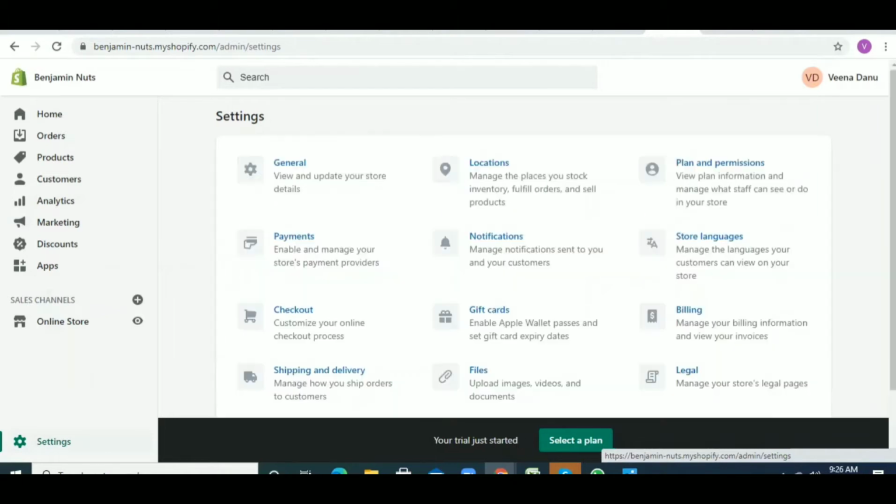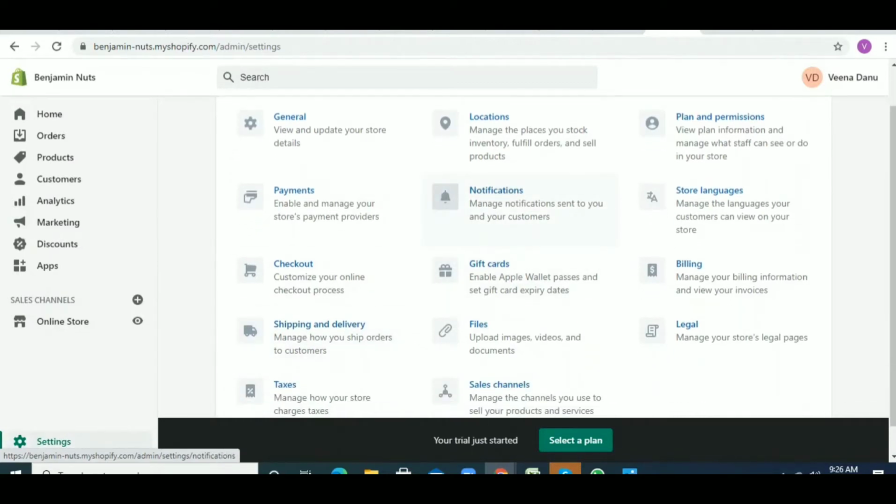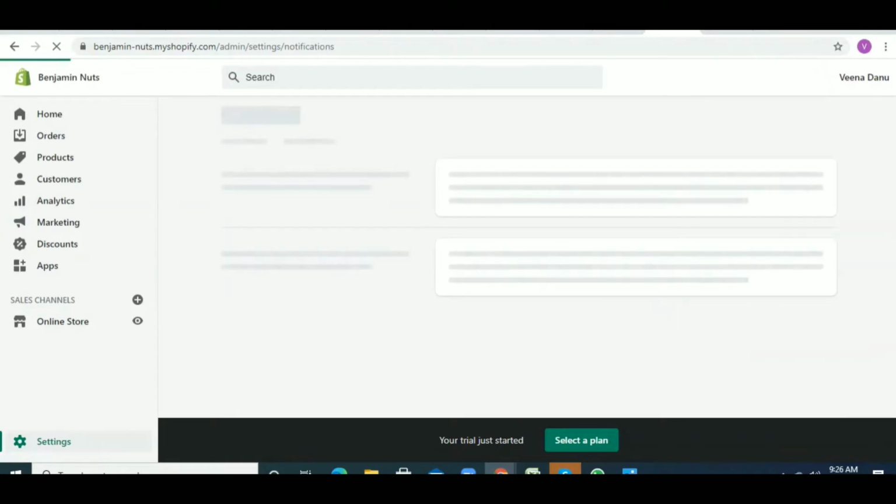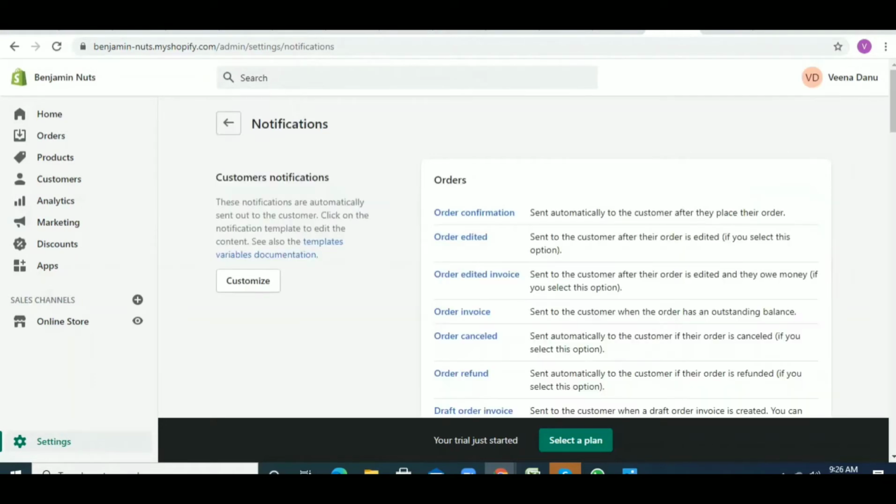So just go to settings under your Shopify account, go to notifications. There you will find an option to add and create a webhook. Basically, this Toucan and Shopify integration will help you receive an order on Toucan directly, and it would be an autopilot function. So once you click on notifications, you will get a lot of functions. You just need to scroll down a little, and there you will find the option to create a webhook.